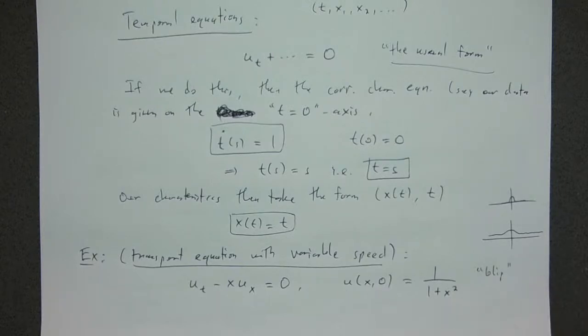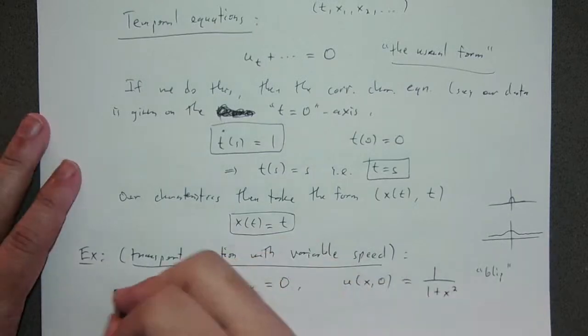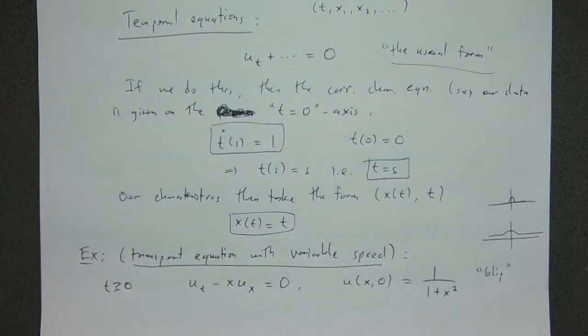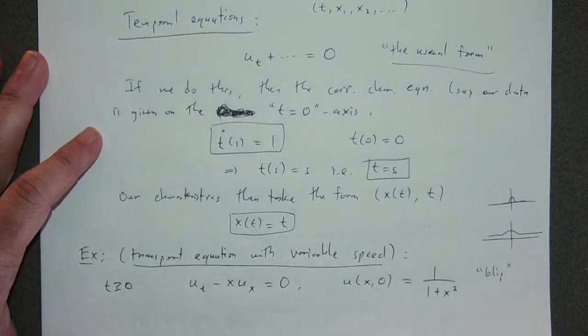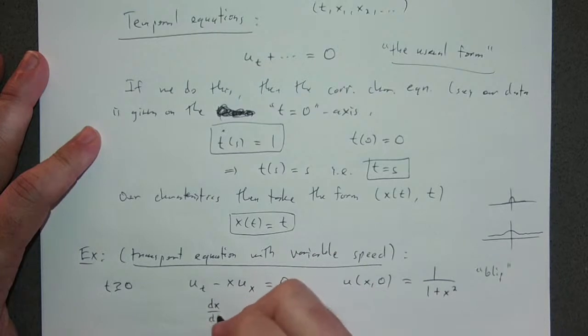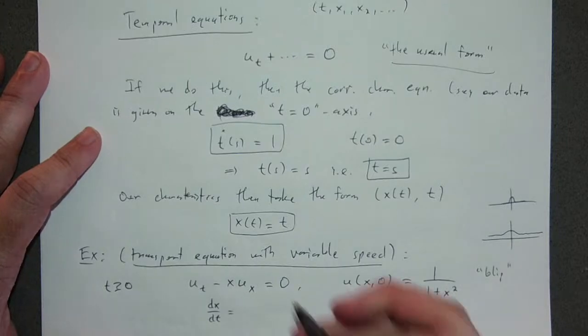Okay. So anyway, if we think about this being like a blip signal here, I have transport equation with variable speed, and we'll worry about this for t greater than or equal to 0. So then we have some initial disturbance, our blip here, and we want to know how this signal propagates according to this transport equation, how the signal is transported. So what do I do to look at my characteristics? From the characteristic equations, I have dx dt is minus x,